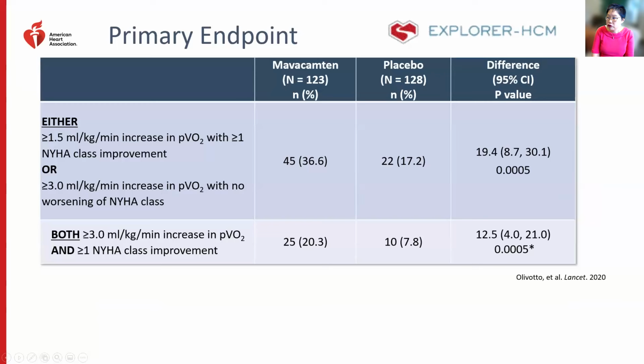And so the pivotal trial testing mavacamten was the Explore-HCM trial. It was published in The Lancet in 2020, and it had a primary endpoint that looked at improvement of either peak VO2 by cardiopulmonary exercise testing and New York Heart Association class. And compared to placebo, you can see that mavacamten met its primary endpoint and had a significantly higher rate of either increasing both peak VO2 and NYHA class, or having a more substantial increase in peak VO2 and no worsening